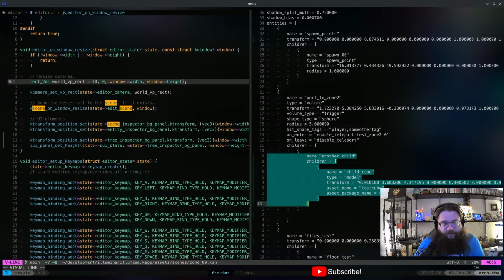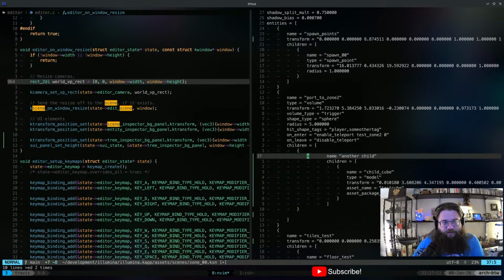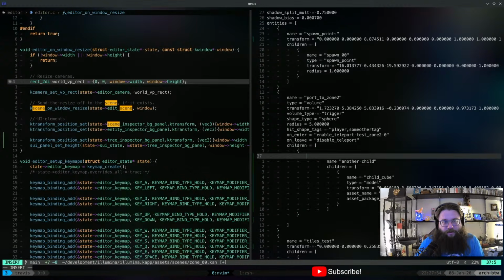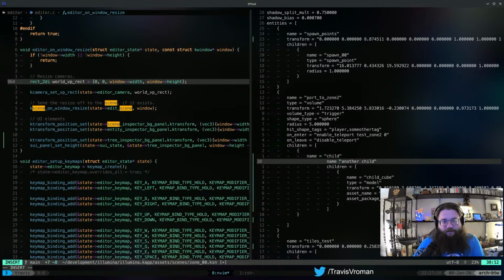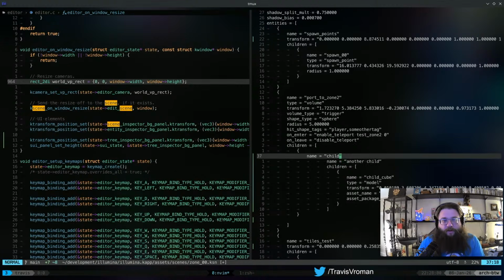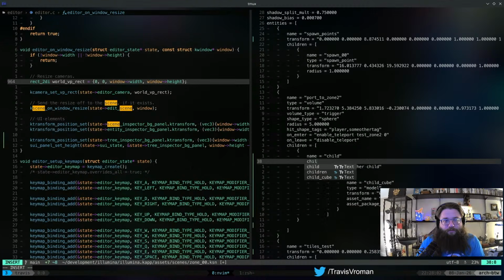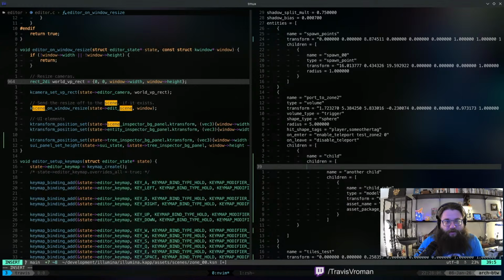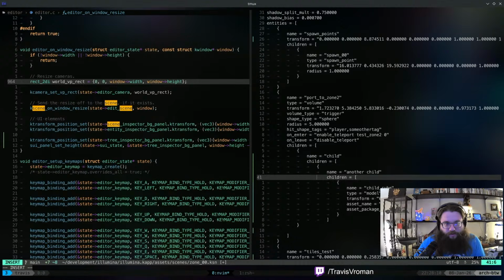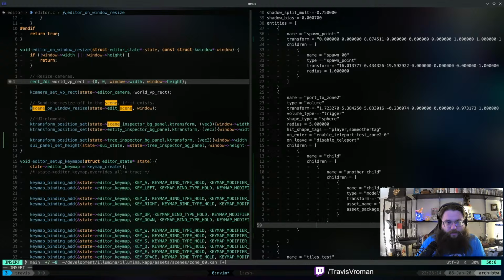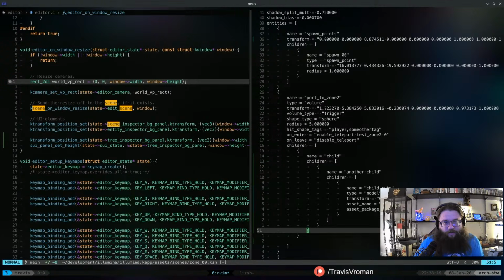So I guess we could just do 2 tabs, and then do name equals child, right? I forgot the equals here. And then do children equals, open up an array. Do one of these thingies, and then come down here and close out that object, close out the array, right?